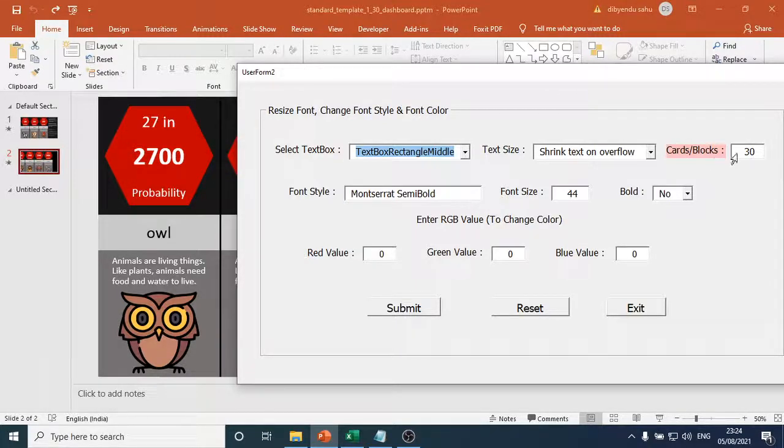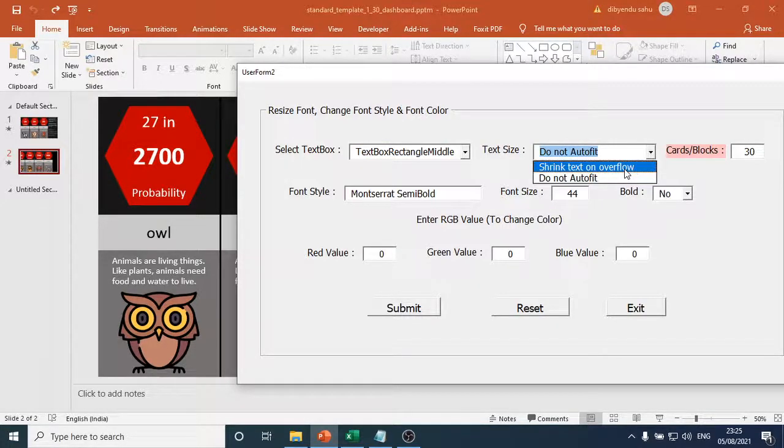Block number, enter the correct box number, it's 30. And font style, you can change the font style here by entering the name of the font style. Font size is the maximum size for this selected text on overflow. If you want to make it bigger, change to auto fit and increase the size also.